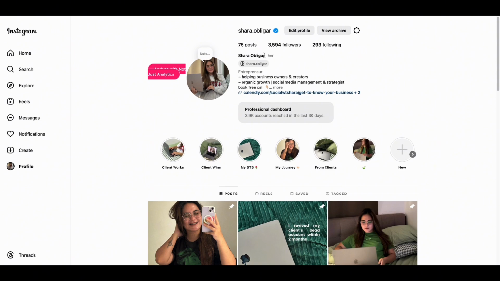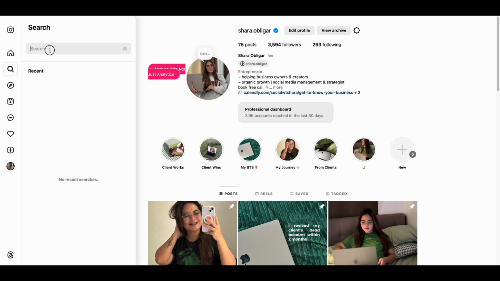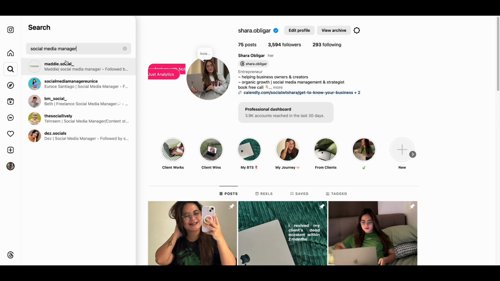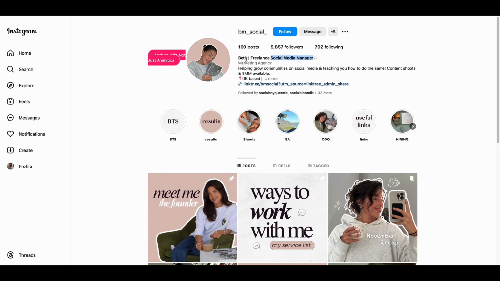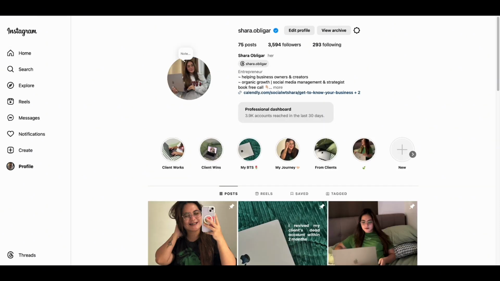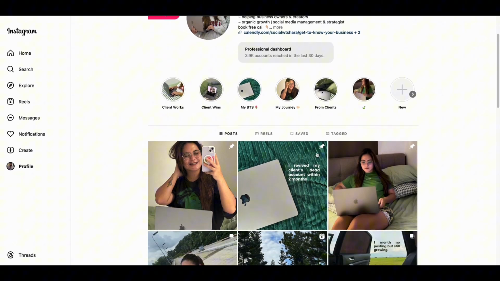Ayan, feel free to add social media manager in your name if you want to be searchable, because if you search here social media manager, ang mga lalabas dyan is yung mga may social media manager sa kanilang pangalan. So for example, this Beth, ayan, lumabas siya because may social media manager siya dito. And ganun yung mga pwede nyo ding gawin. But eto, pinakita ko lang naman sa inyo so that you will have an idea on how social media management works here on Instagram. But just like what you see on my account, I don't have freelance social media manager there because obvious naman na social media manager ako.